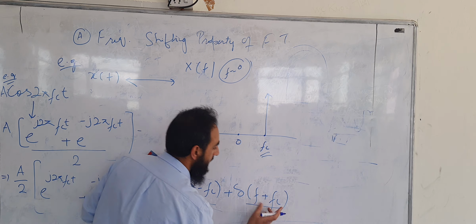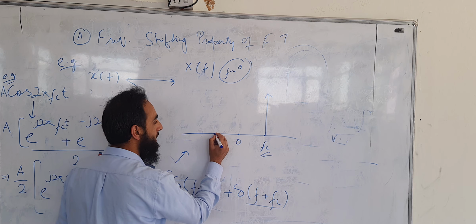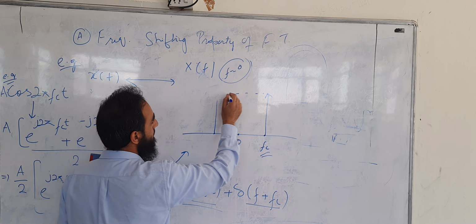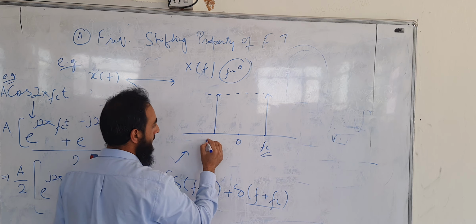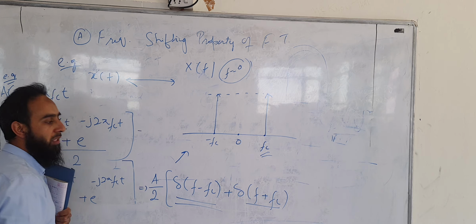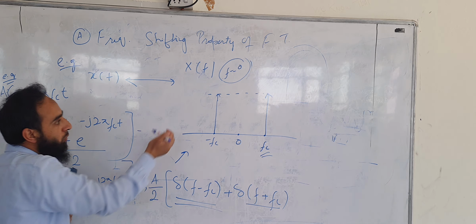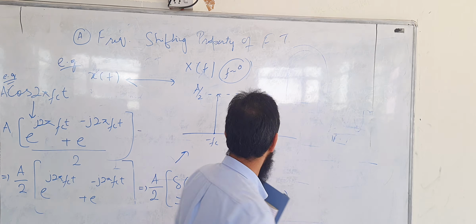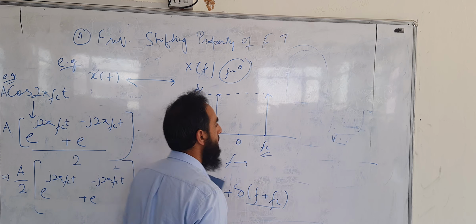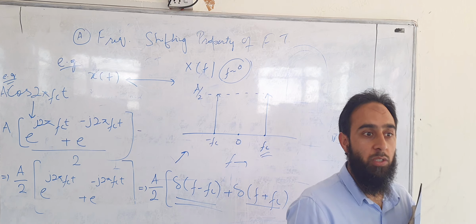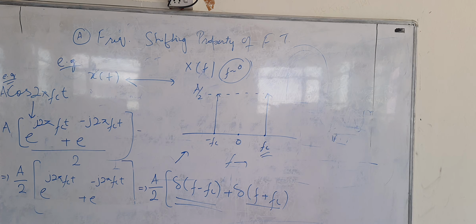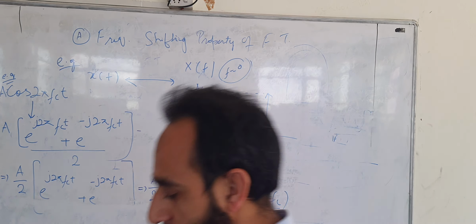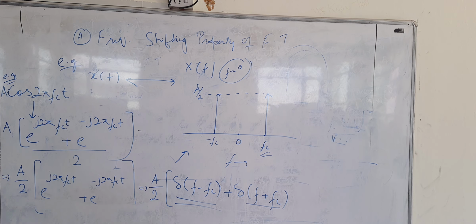Now because of this, f plus fc, I will have an impulse at minus fc. The amplitude has to be equal for these two. And now the question, what is the amplitude? The amplitude is nothing but a by 2. So a by 2. Is that okay? This happens to be the spectrum of this signal. Is that okay? You are doing a great job if you understood this, because you understood the basic point of communication. So the next property is